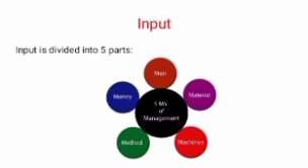Input has five major categories, also called the five Ms of management: men, material, machine, method and money. Men are nothing but the labor. Labor plays a vital role in the organization, and without labor the organization cannot exist and work efficiently.